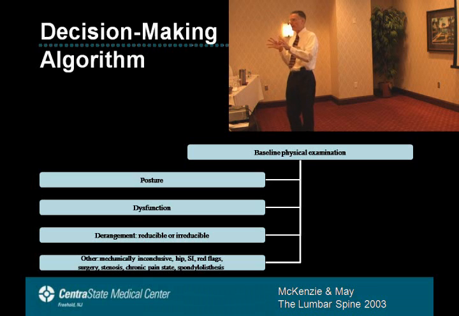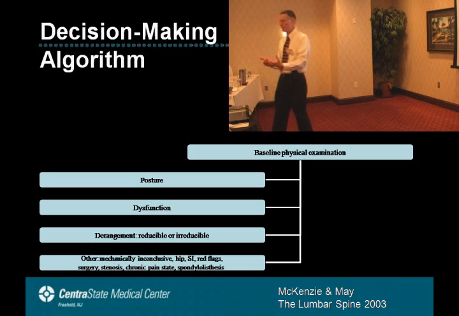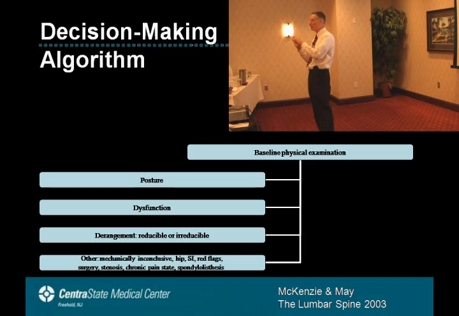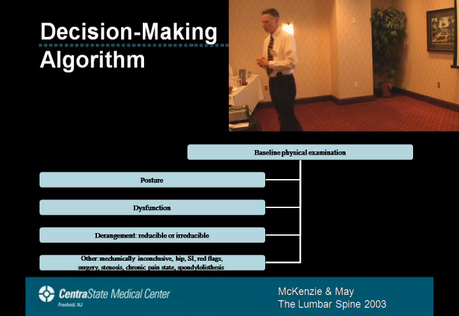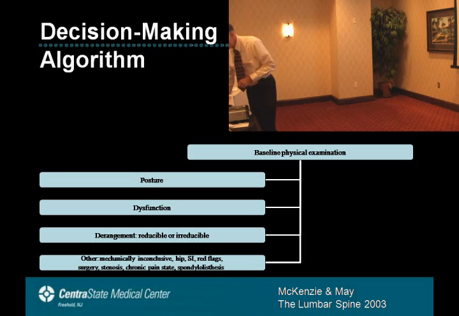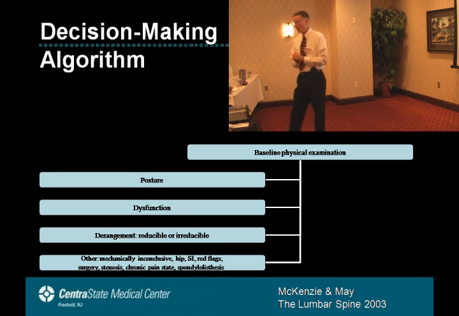By the way, there's a lot of overlap between these 2 classification systems. The central theme of both classifications is driven by centralization to directional preference. Probably the primary difference between the 2 systems is the tenacity at which MDT-trained therapists will search for directional preference. They may take 1, 2, 3 visits before they feel they can sort the patient out, which may be the case with MDT. But in the DeLitto system, it's more perfunctory. It's more of a, okay, hit, no, okay, let's go on to the next criteria. So there are striking similarities and yet striking differences on how they classify patients. And hopefully with more research, we can get some head-to-head competition looking at that.